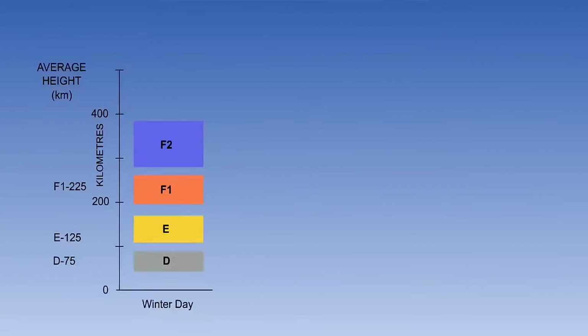The E layer, also known as the Kennelly Heaviside layer, after its discoverers, is found at an average height of 125 kilometers. Normally, the layer can only reflect waves having a frequency lower than about 10 MHz, and it has a negative effect on wavelengths above 10 MHz due to its partial absorption of these waves.